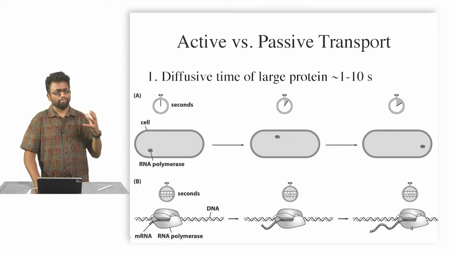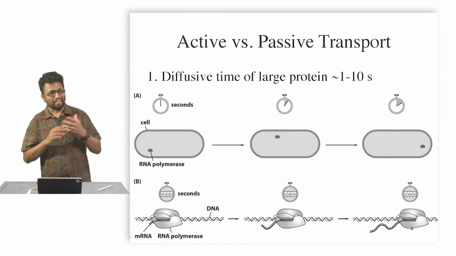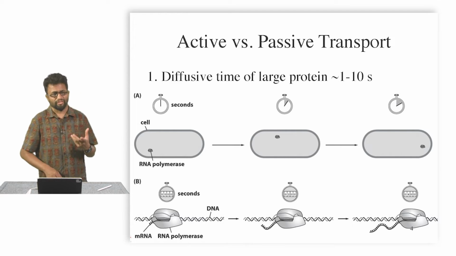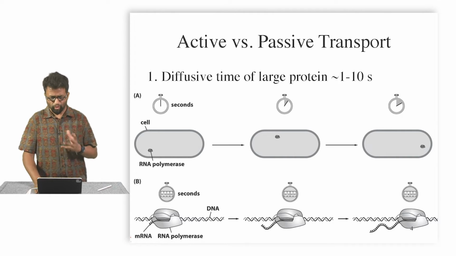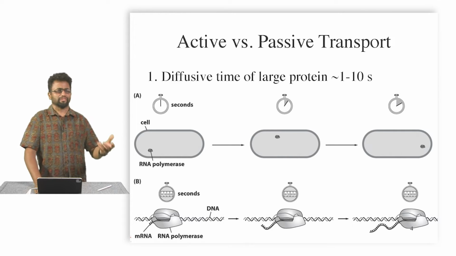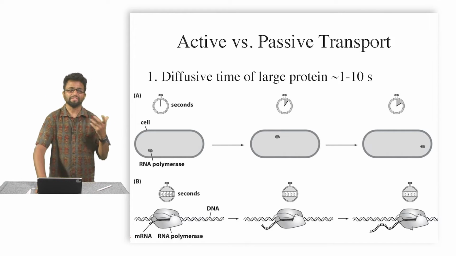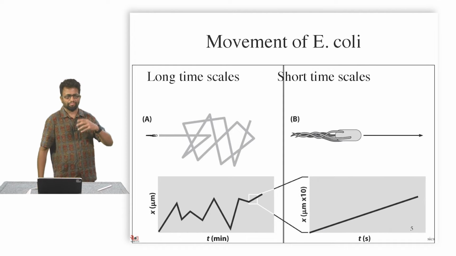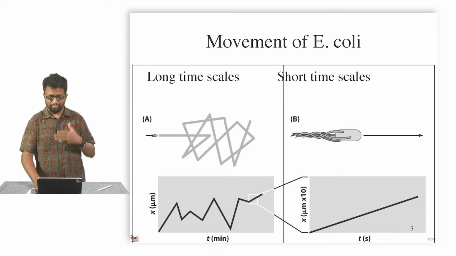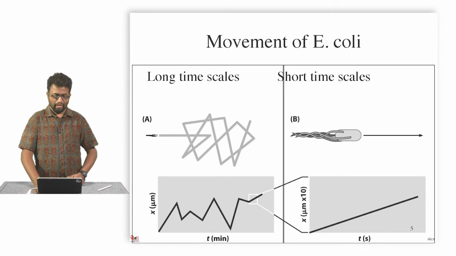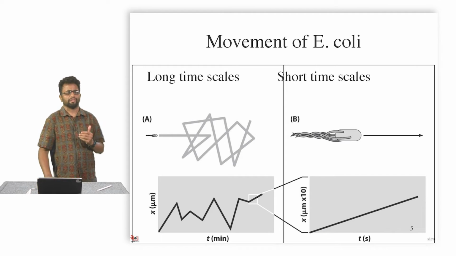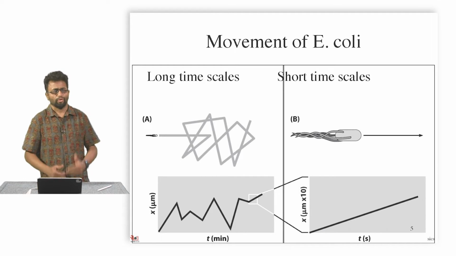DNA on with a polymerase that is transcribing it translocates in similar times, but that is not passive transport. We know that this is active transport. So, we argue that active and passive transport, diffusive transport, have similar time scales, right. Longer time scales like seconds, tens of seconds, minutes, we see directed motion, and one of these classic examples is E. coli motion. And if you remember in the Reynolds number segment, we talked a lot about low Reynolds numbers,